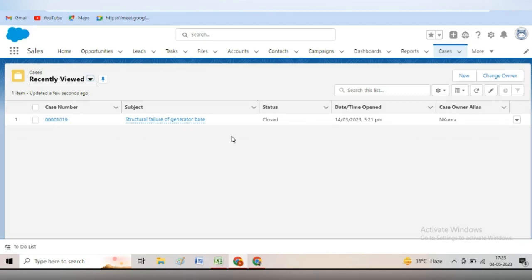So he will make a ticket, and due to your issue, it has become a case. So that is considered to be a case, right? So cases are